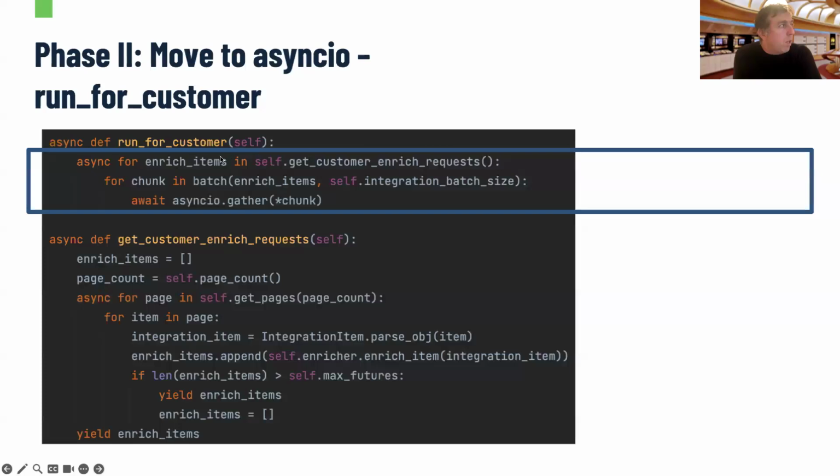And you run them using gather, because when you run await on something, this makes the higher level function wait till it's done. Okay, this is a way to synchronize async context. So here you synchronize multiple async contexts using gather.